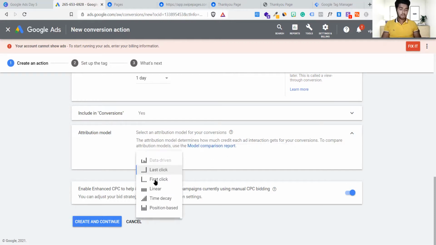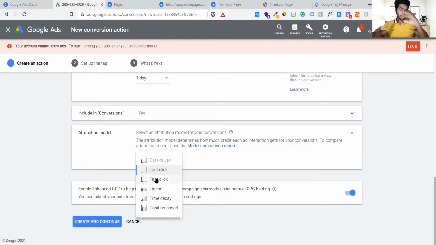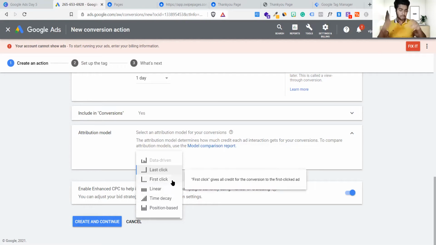I see there are different approaches for the attribution model. And you must know why the attribution model is not an automated thing. Why have they given this manually? Google could have done it automatically, right? This is called data driven. Based on data, it automatically makes certain adjustments, but it is disabled because this account doesn't have that kind of conversion volume, so it cannot run automatically. This data driven approach is something that Google does. It will automatically stabilize all the ads and route the conversion accordingly.